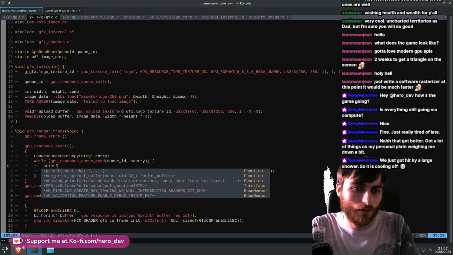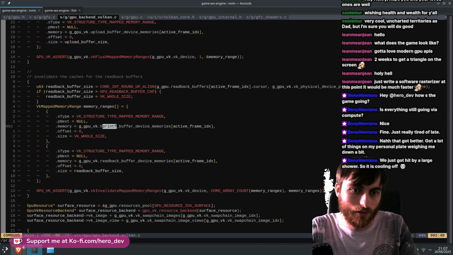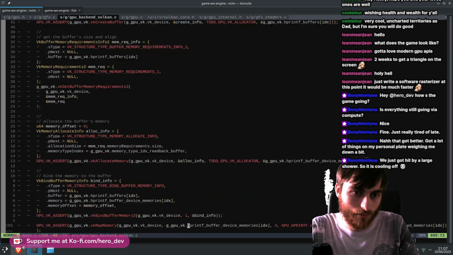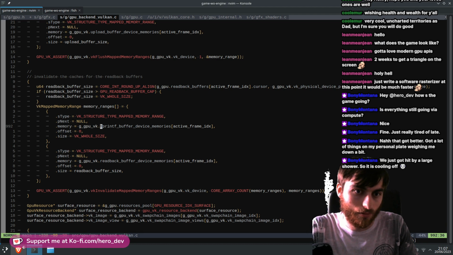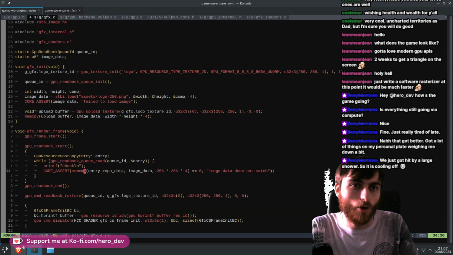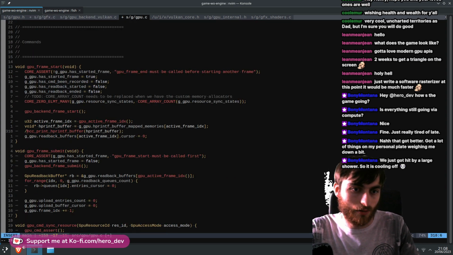So I do want to maybe print out and just say check. And then I do want to disable the printf code. So we're going to hop into the back end, and where it does the hprintf stuff, does it somewhere. It's in the invalidate, isn't it? Oh, is it outside? Yeah, yeah, it's here. Okay, we'll comment that